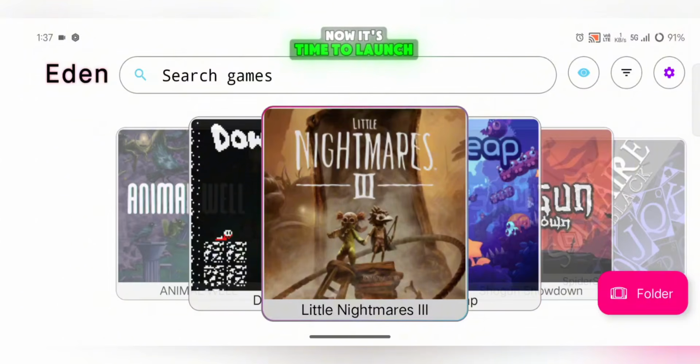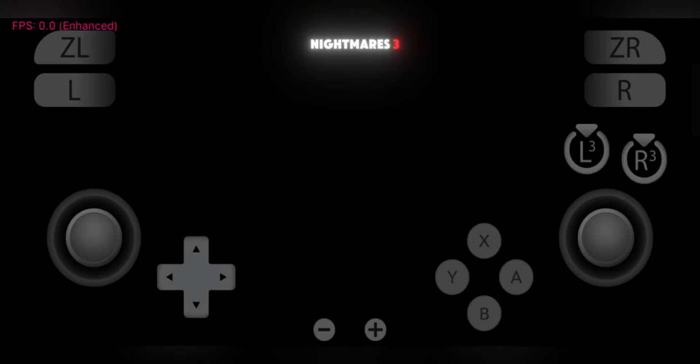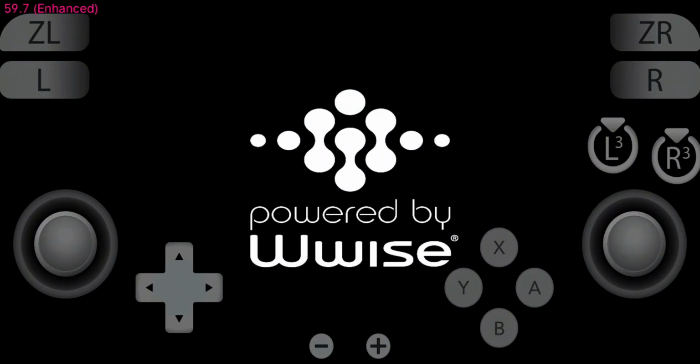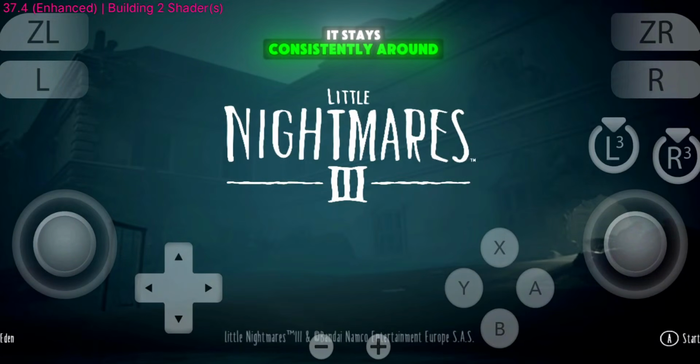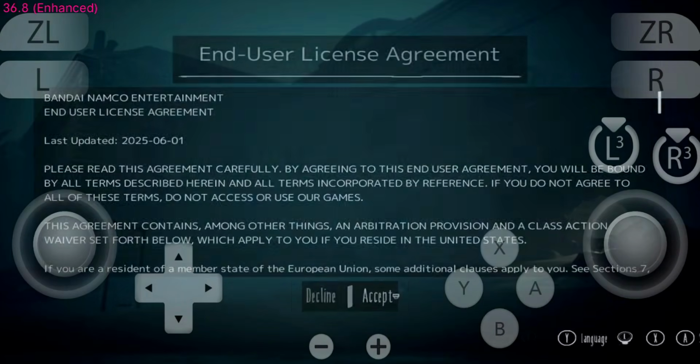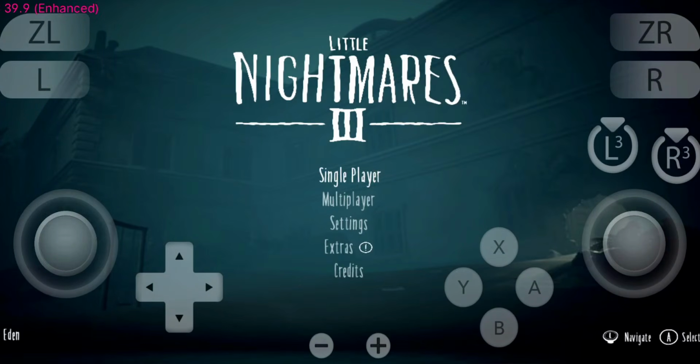Now it's time to launch the game. When you open Little Nightmares 3, you'll notice that on the credit screen, it runs at a stable 60 FPS. Once you reach the main menu, it stays consistently around 40 to 45 FPS, which is much smoother than the GameHub emulator results. Adjust your brightness, accept the terms and conditions, and once you're on the home screen, you'll see